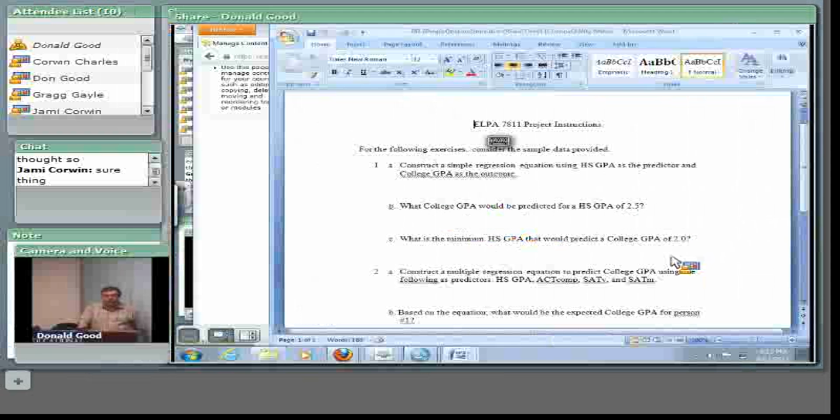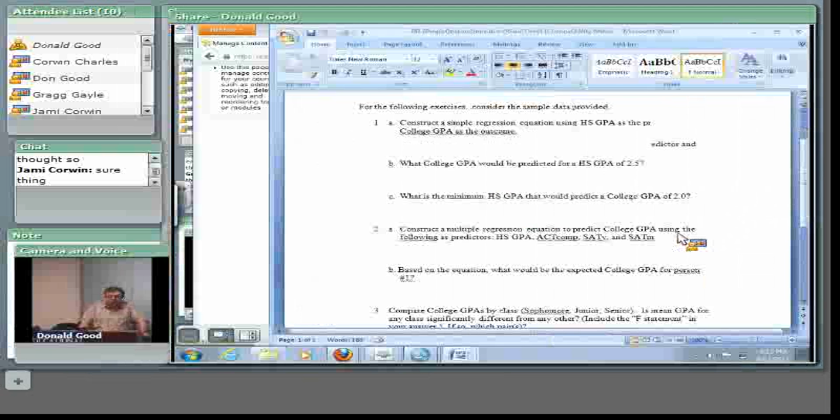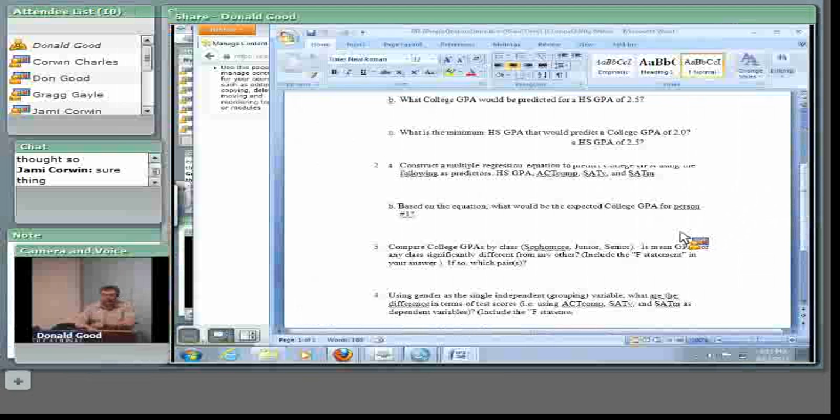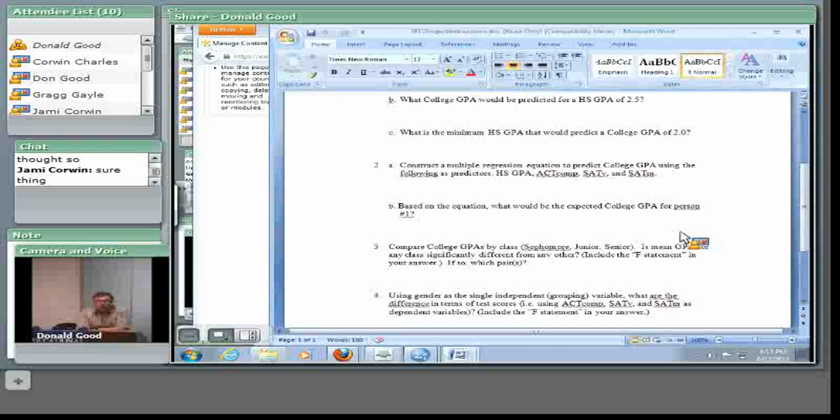So number 1 has to do with simple regression. I'll just tell you that. Number 2 is also regression, and it tells you multiple regression. So it says we're still trying to predict college GPA, but this time we're using more than just one thing. We're using several predictors as independent variables: high school GPA, ACT composite scores, SAT verbal, and SAT math scores. So we'll know the equation, and then